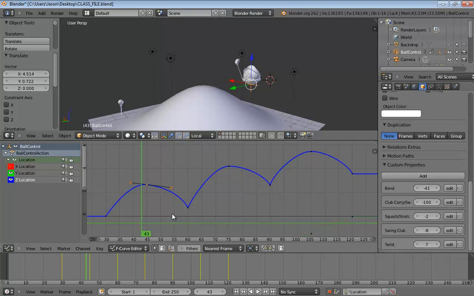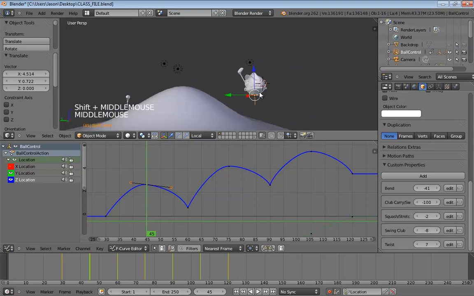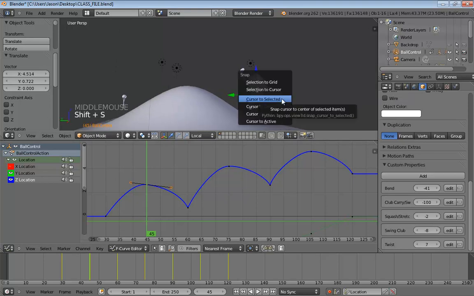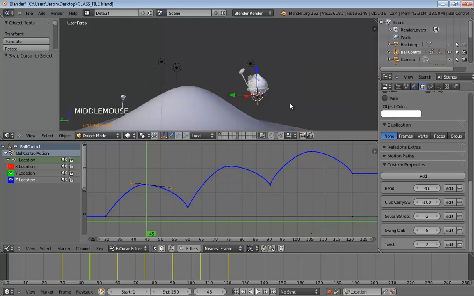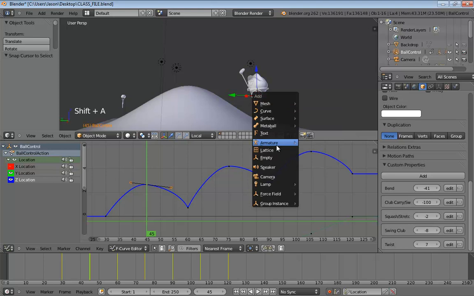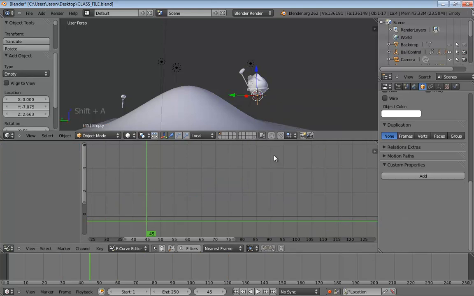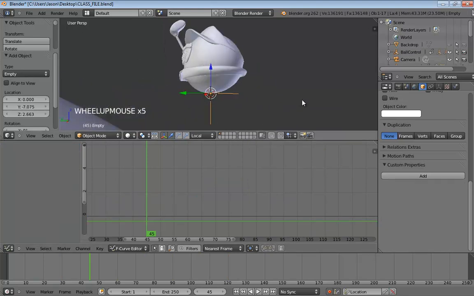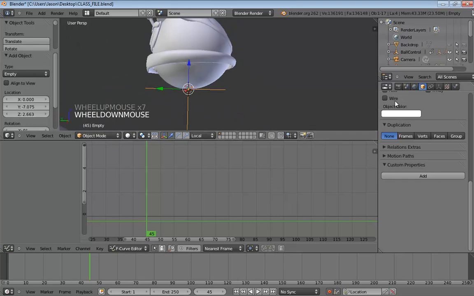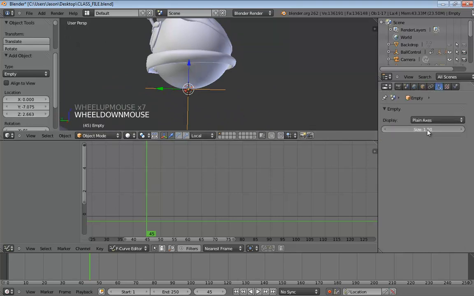But one of the tricks that we used in the setup of the animatics that is really, really handy is to just get rid of these keyframes altogether and simply use the curve handles on either side of each keyframe to get your altitude back in. So that's actually what I want to do here. I'm going to hit Shift-S and move the cursor to the selected object. Then I'll hit Shift-A and add in an empty, which I will be getting rid of very shortly. To make sure that it stays out of my way, though, let's take its size and pull it down a little bit.